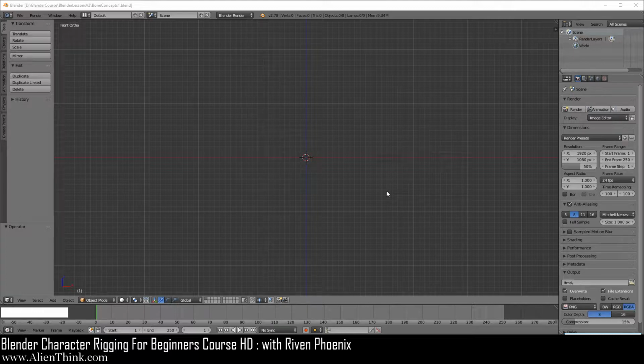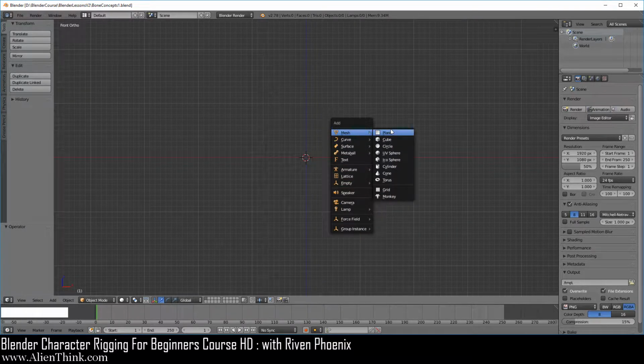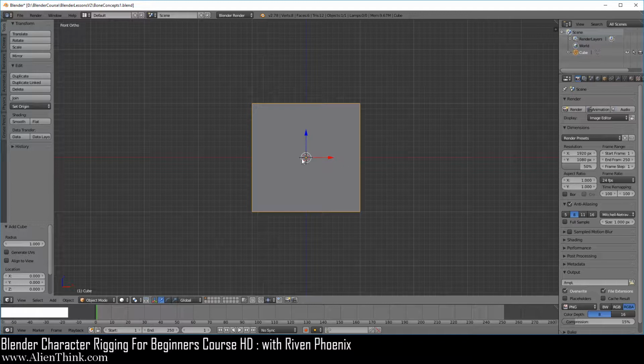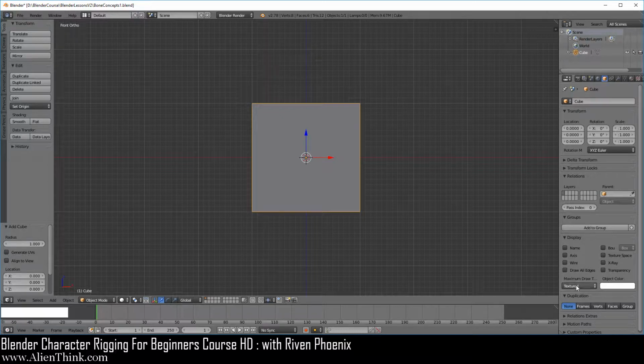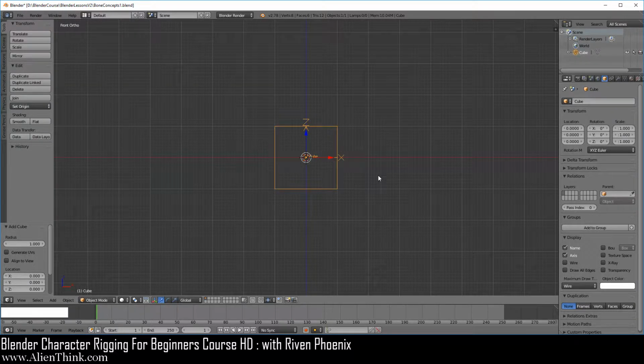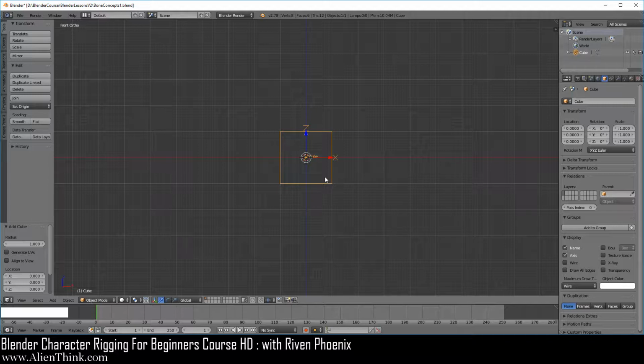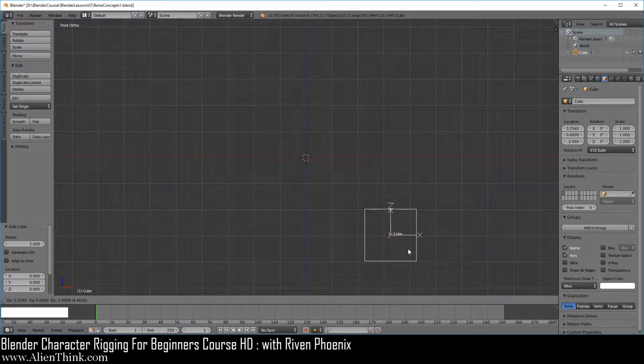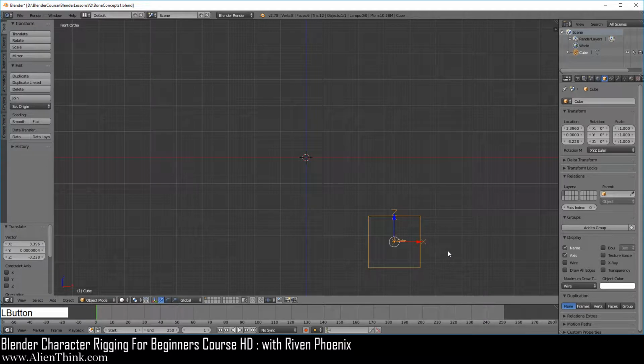dealing with parent-child relationships. So go ahead and do Shift C to place the 3D cursor in the center, and do Shift A and add a cube. Now we want to see internally what's going on with this cube, so just go to the Object tab. Over here we're going to switch this to Wire, enable Axis and Names. Now go ahead and just zoom out a bit. Now press the G key to move this object over here, and press the R key to rotate a bit, and go ahead and open this up.